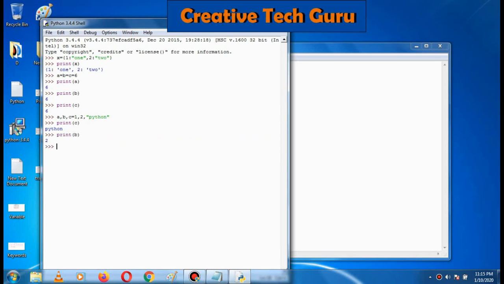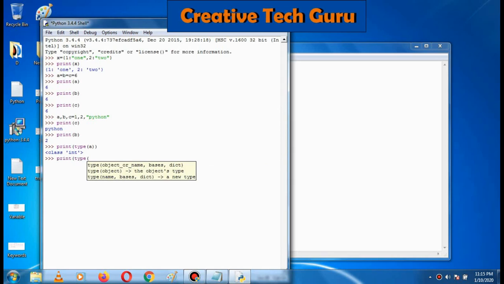The same way, if I print the value of B, it will give you the integer value, that is 2. So using the type keyword we can find out whether it is an integer or a float value. For example, using type I am going to find out the type of A. See, now it is showing integer. I have given a variable, that is type of A. We can give a value directly also.